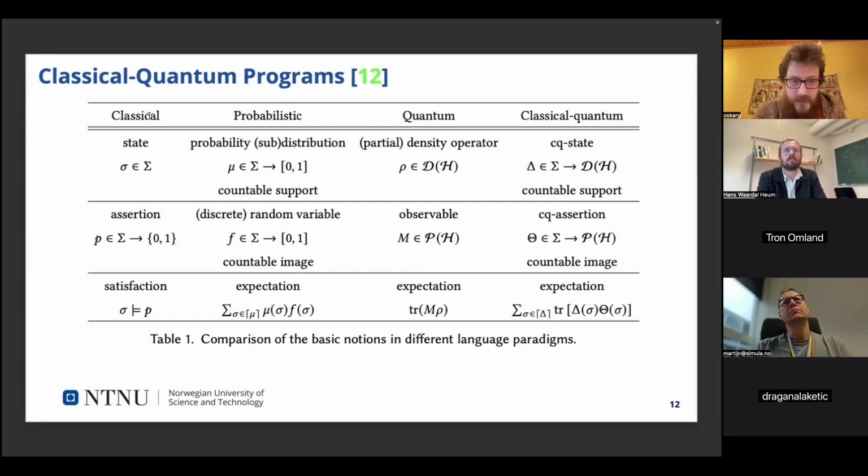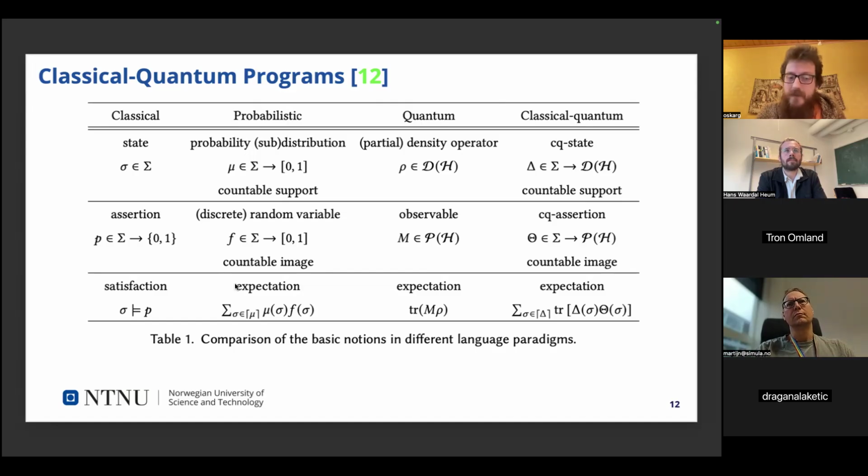So what they do in this paper is they have these different paradigms that they explain. They start with the classical, which is exactly the same as this Hoare logic I explained, and then they have a probabilistic setting. But they approach it slightly differently, exactly because of what you mentioned, where you have uncountable states, so you can't use the same reasoning as before.